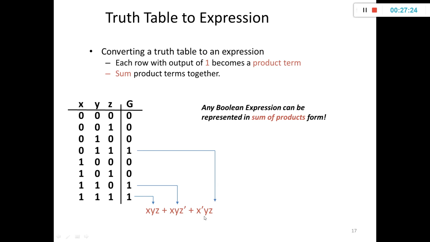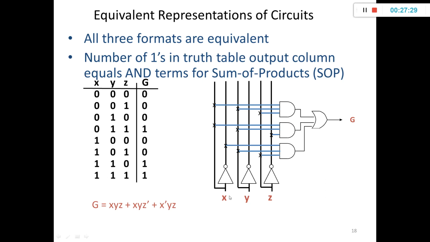Given a truth table, we have written an expression. For that expression, we have to draw a logic network. So here we have X, and an inverter connected to the X. Input to the inverter is X, output will be X bar. Y, output of the inverter will be Y bar. And next Z is connected as an input to the third inverter. Output of this will be Z bar. So using these three inverters, we can have X also, X bar also, Y and Y bar, Z and Z bar. So G is equal to XYZ plus XYZ bar plus X bar YZ.